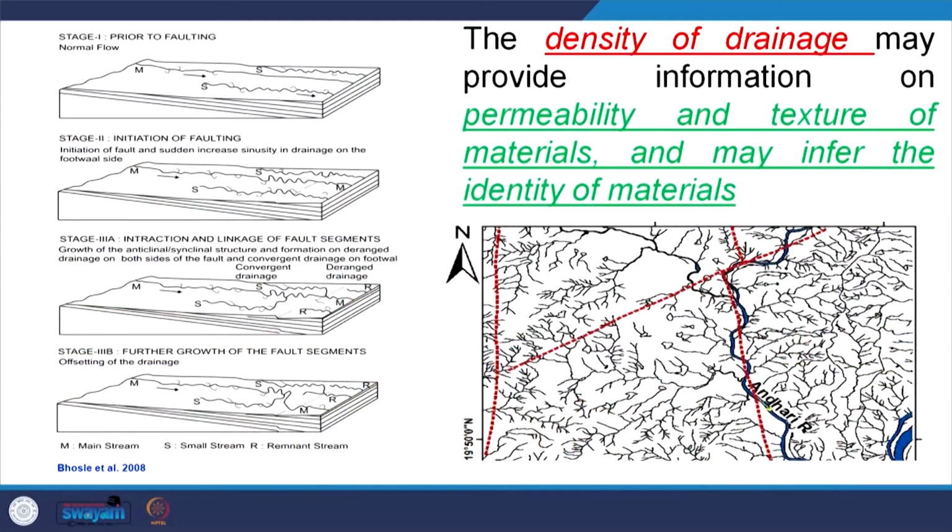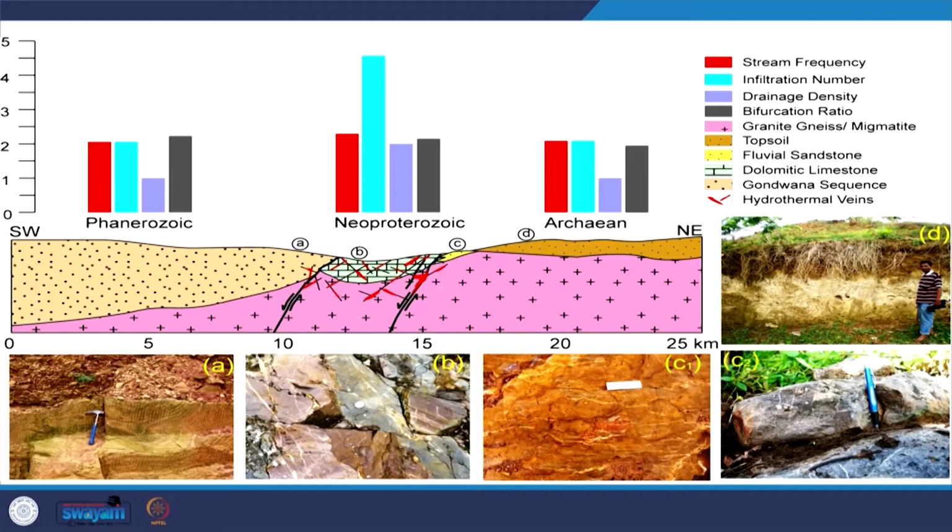Here, from this area I have collected some data. This is from granitic gneiss migmatite and this is Gondwana sandstone. In between we have a sedimentary patch which mostly represents the Neoproterozoic or Proterozoic sedimentary rocks. By calculating the drainage parameters in these three different localities, we can find out what these changes are, and how slope and lithology influence the drainage parameters.